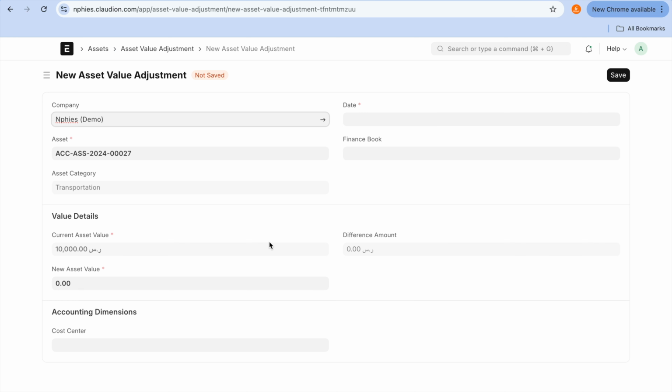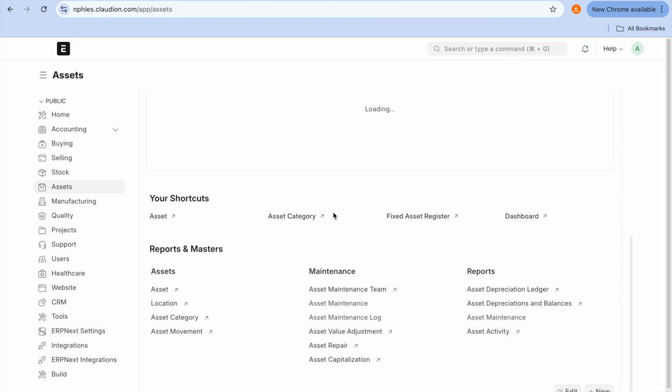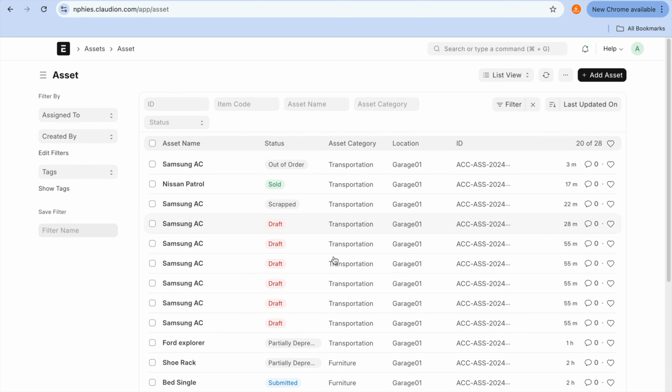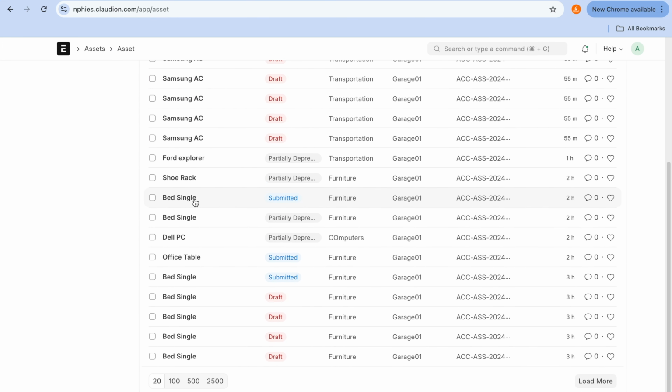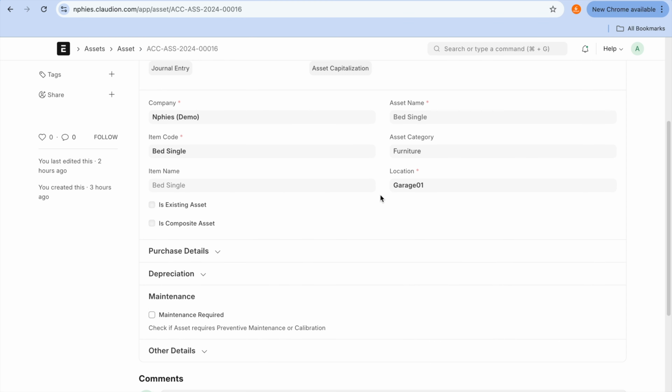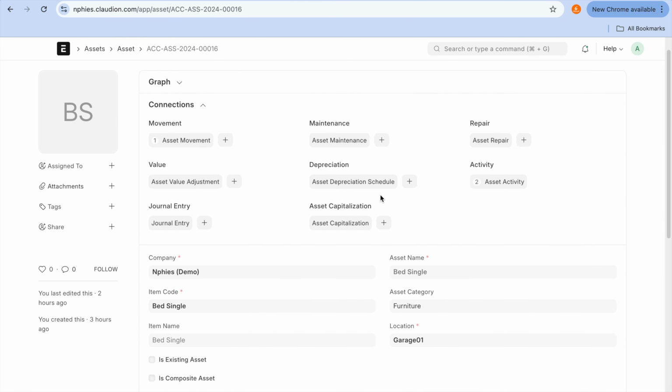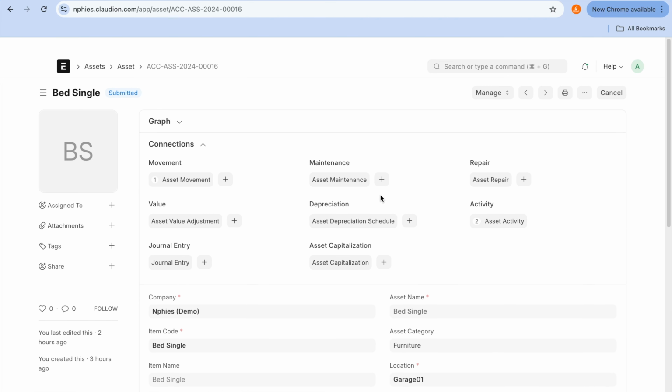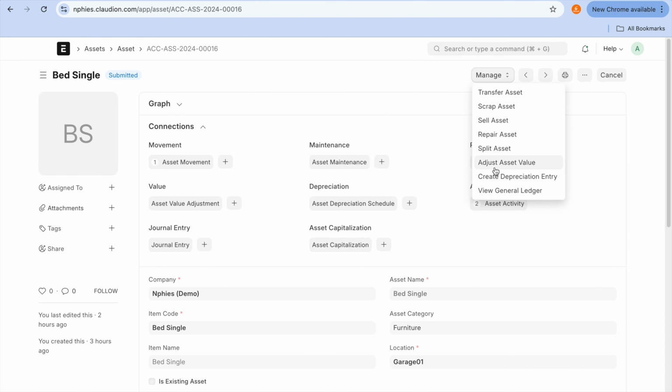Okay, so this is, I mean, as simple as that. So I'll just put a new asset value, I have that single one here. So if I want to add some value for that, adjust asset value. Okay, adjust asset value, what it will do,